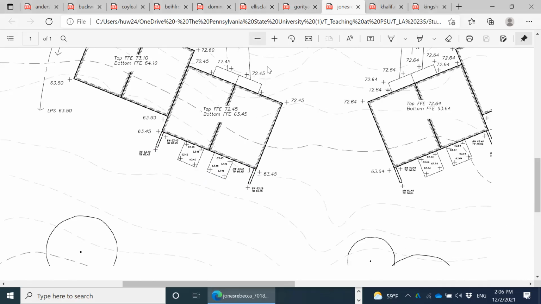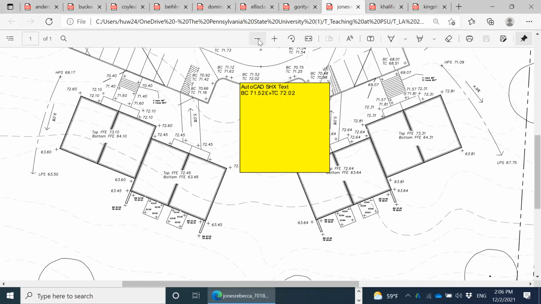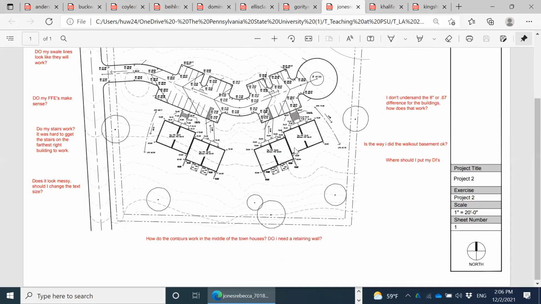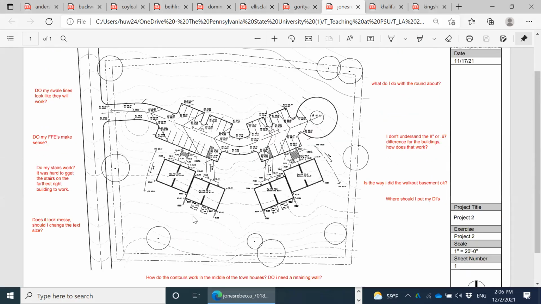Let's zoom out and see if there are additional questions. Swale lines look okay. Again, the swales generally look okay. It's better if you slope them away from your building like that. But very likely you won't need both swales, and the design of them would need to depend on your contours around those areas. The FFEs,